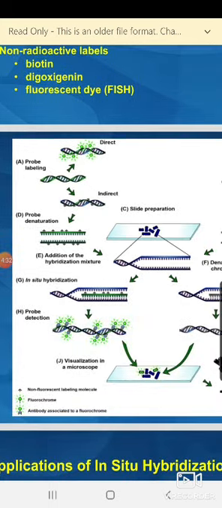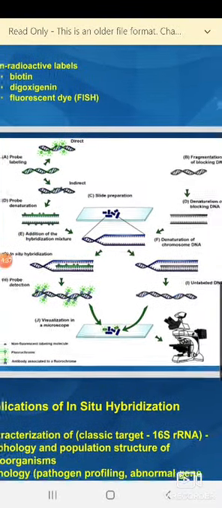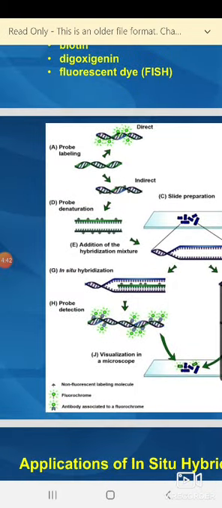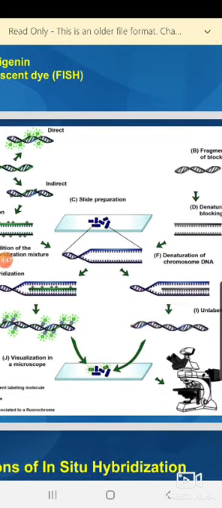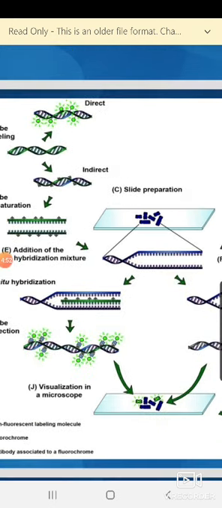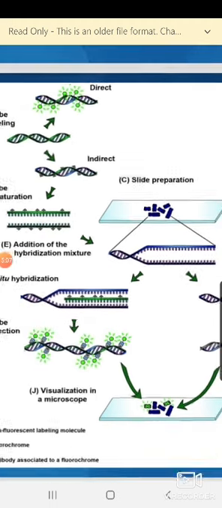Now in general, this is the procedure. I found this very interesting, so let me explain all of it. In the exam, this left hand side, right hand side, everything I will explain. But if you find that it is time consuming, you can mention only the left hand side and the slide preparation. Slide preparation can be karyotyping, cell fixation can also be done, and biopsy tissues also, you can perform this in situ hybridization on.